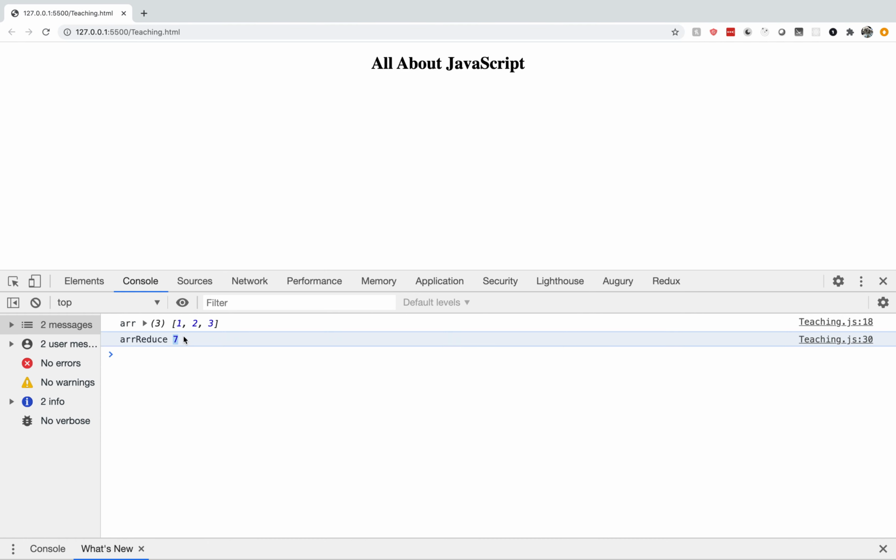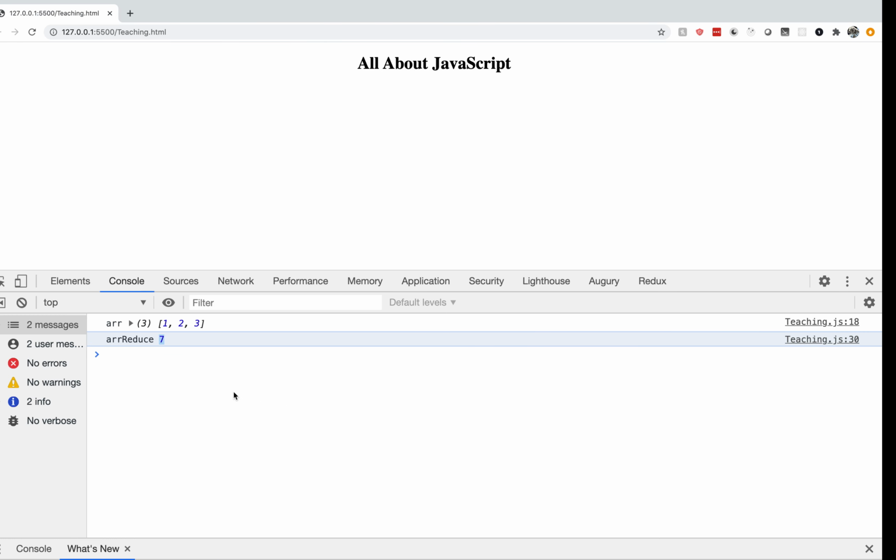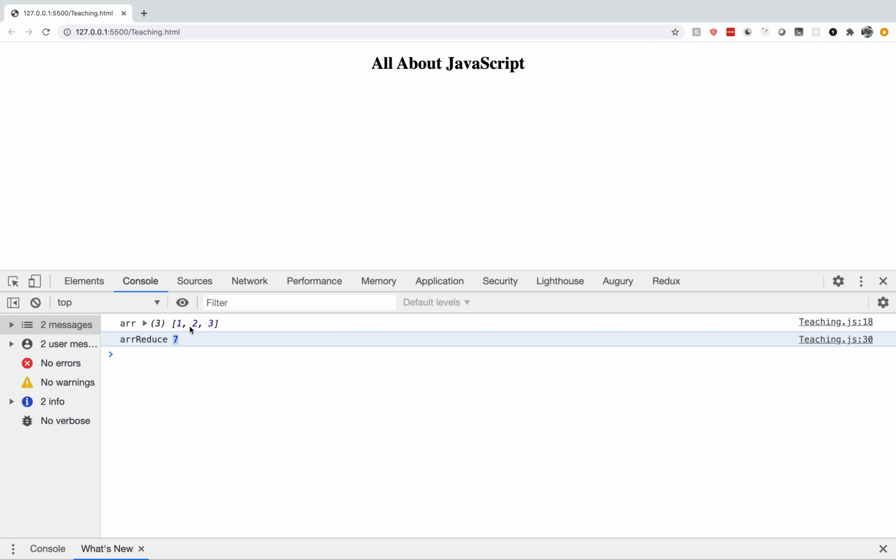You see, I got a 7. Whatever elements are in the array, reduce does an operation on those elements and gives you one value. It reduces the array to one value.